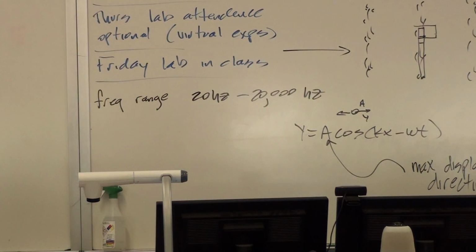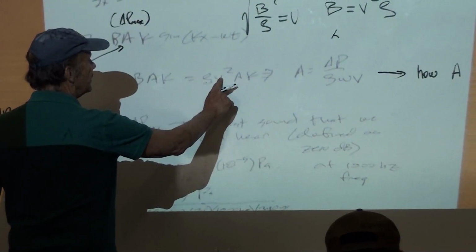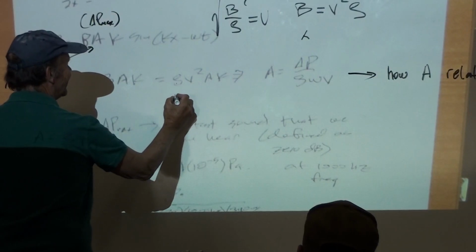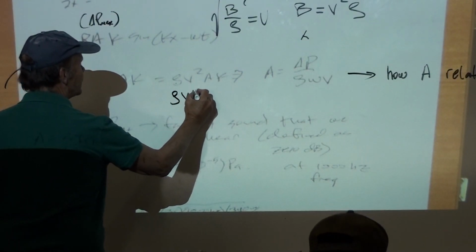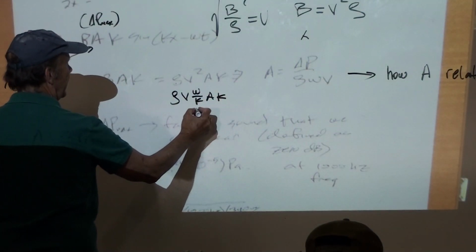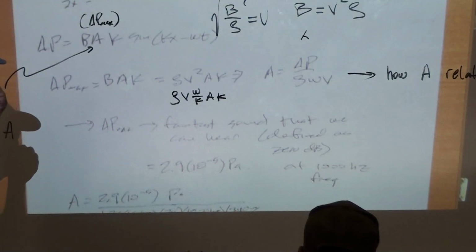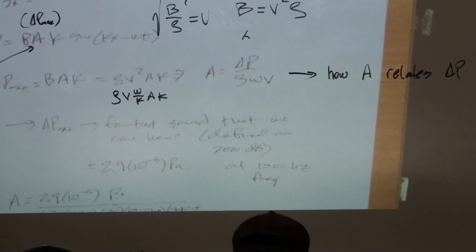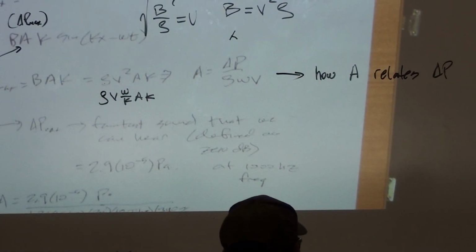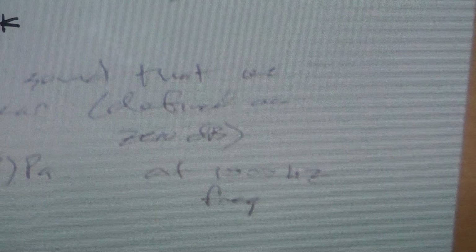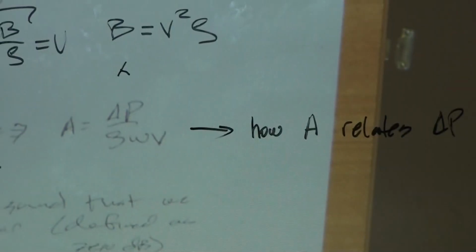And so here, we can take one of the v's and turn it into an omega over k, and then leave the other v. Okay, so we have a rho v times omega over k times A k, like that. Then the k's cancel, and that gives us this relationship for the amplitude, delta P divided by rho omega v. Now, how does this relate to the minimum intensity sound that you can hear? Well, if we go back